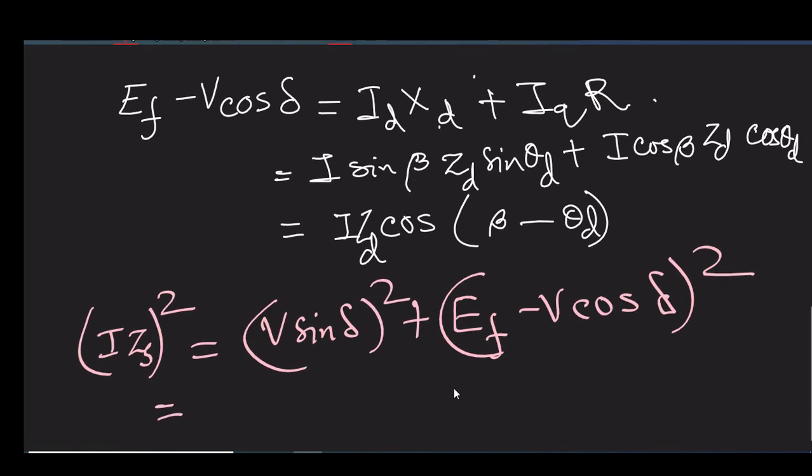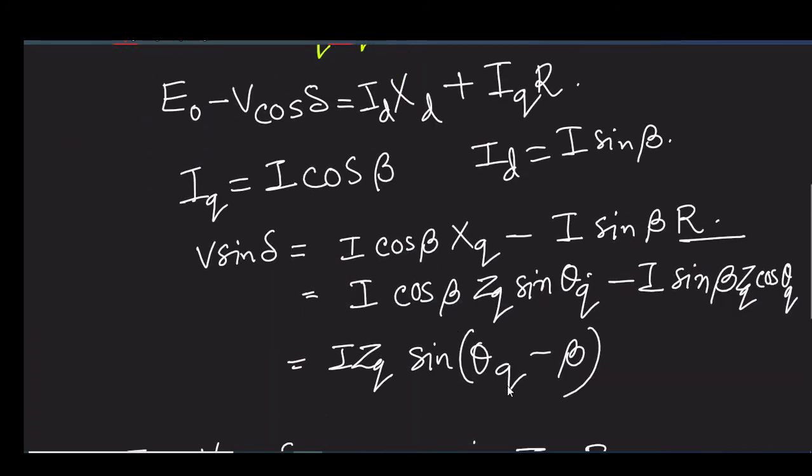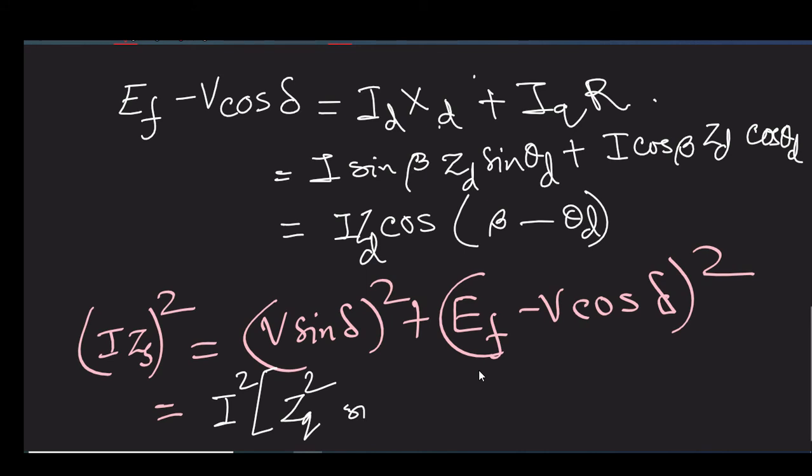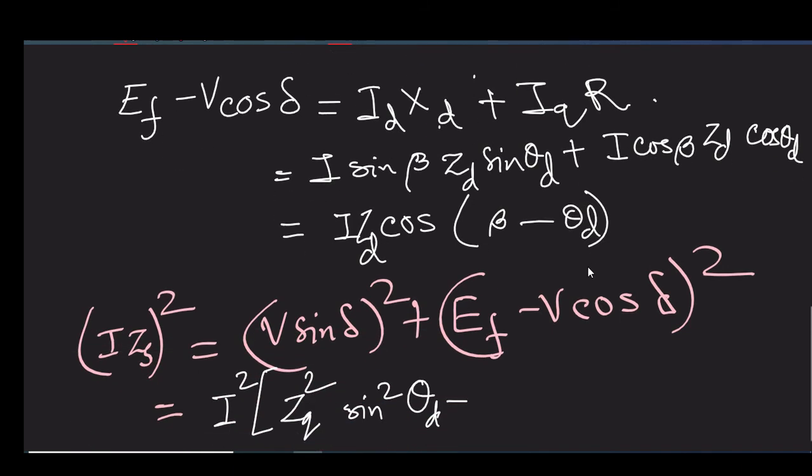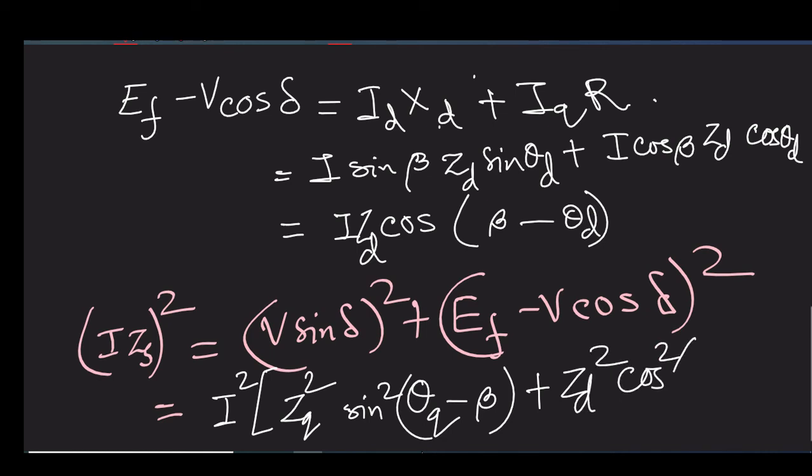IZQ square, let us keep I square common, ZQ square sine square theta d... theta q minus beta ZQ square sine square theta q minus beta plus ZD square cos square beta minus theta d, or you can write it theta d minus beta. So now if we just drop I,